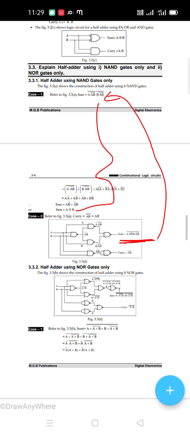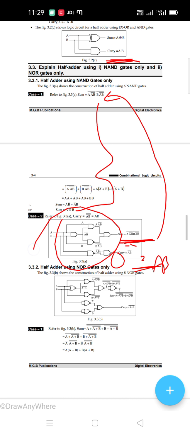So here this is A dot B. What is the output carry? A dot B, okay. So here you are giving AB bar, and you are getting this AB double bar, that is the AB carry. See, here it is wrong, they have given carry as AB bar. What is the carry output? Here we are having AB. AB bar double bar means AB, okay. So this sum output we have to realize, okay.